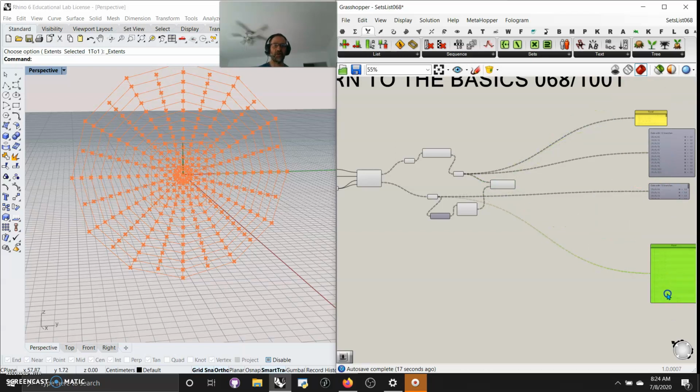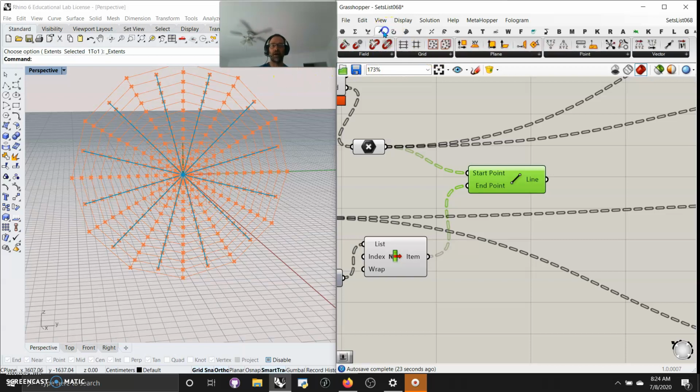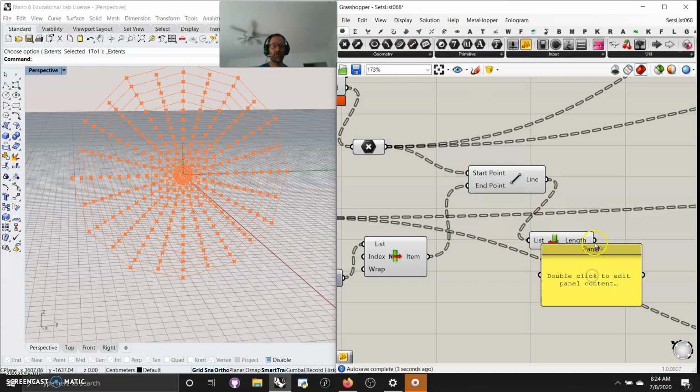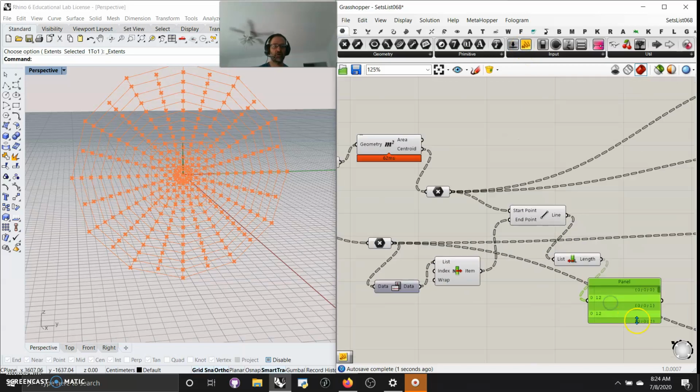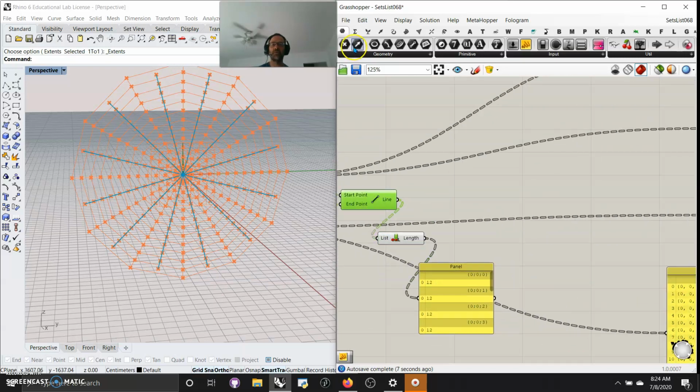I'm reading this data all the time. I can take those separate lines of what was a program, literally a program. I came in and I grabbed a radial array. And now I'm able to take those lines, go into my sets, and take a look at list length and say, how many items do I have there? 12. Let's pull it in here. I have 12 items on 12 different branches, which means I can take that number and I can move this,